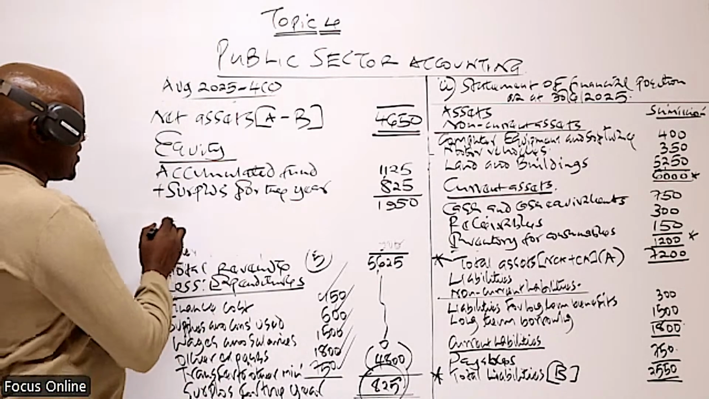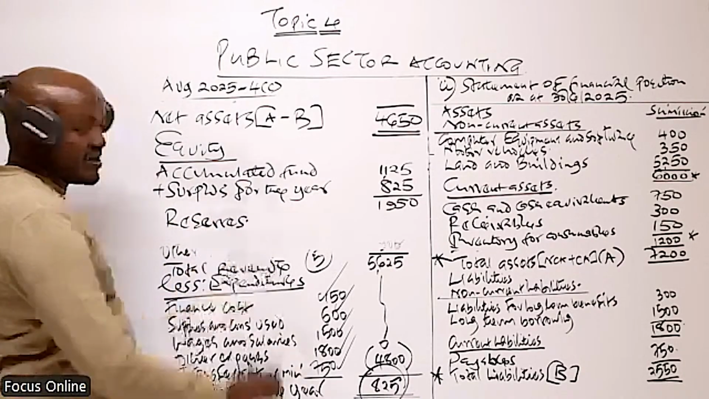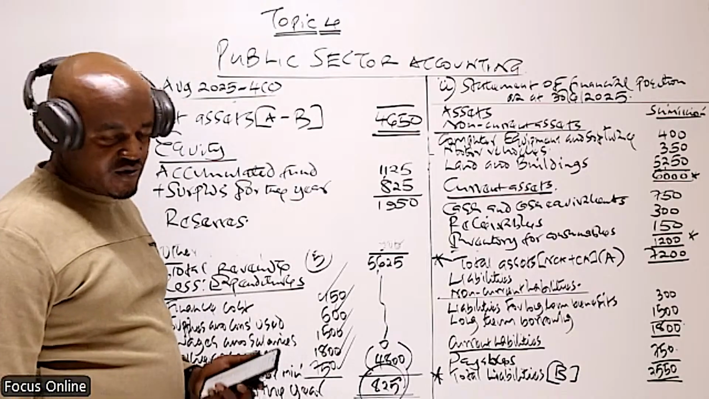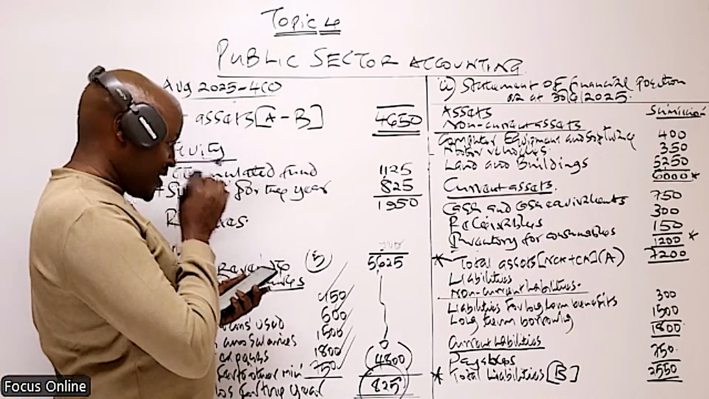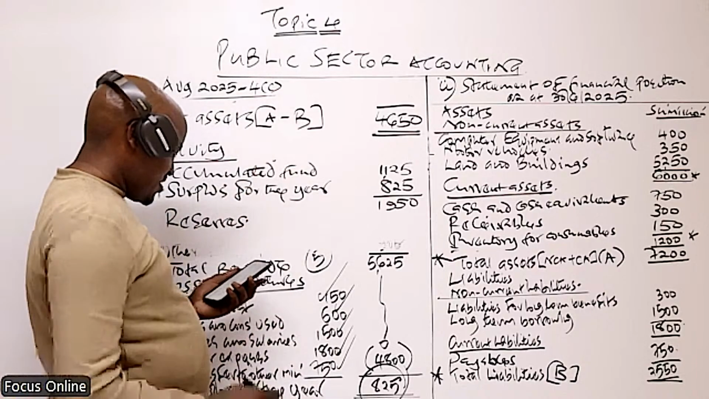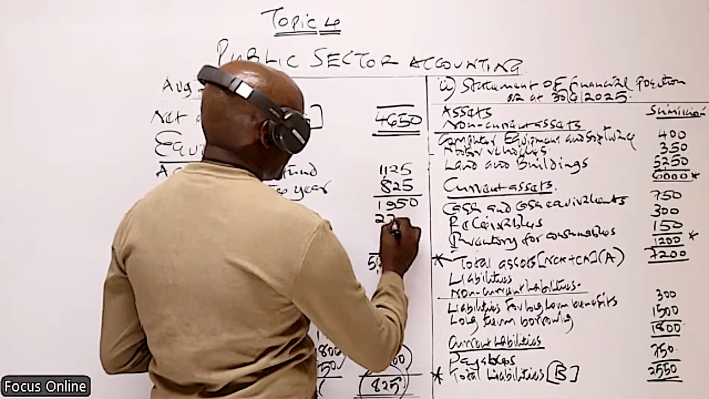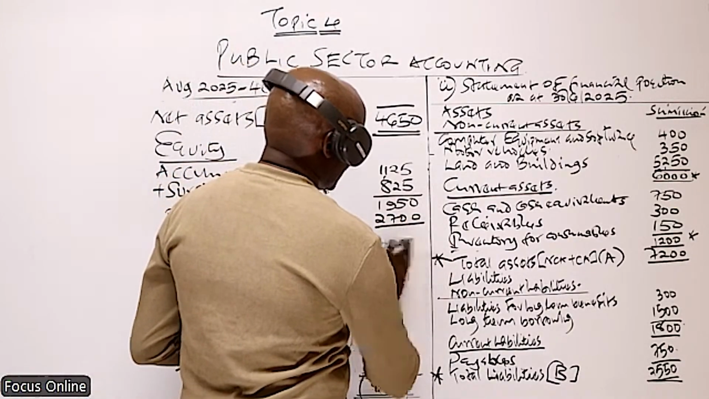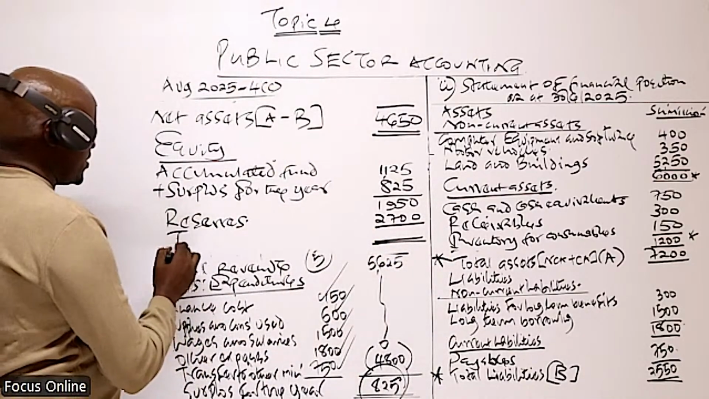And finally, I'll say to this, we also add what? We also add the reserves. Now, we have reserves still above this accumulated fund, and the reserves is an amount of 27. And the reserves is an amount of what? 27. So we get now the total